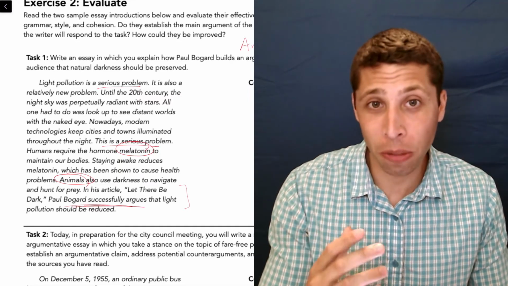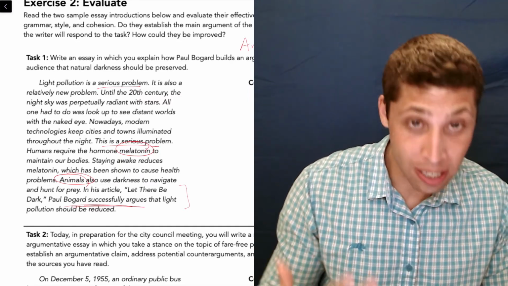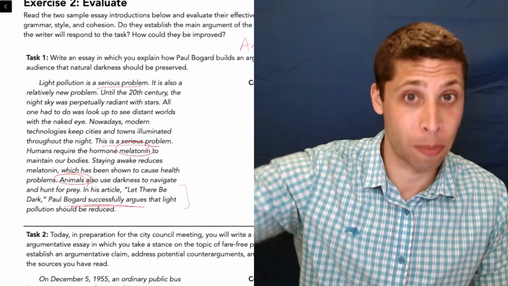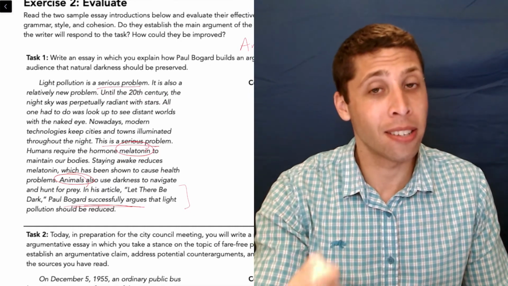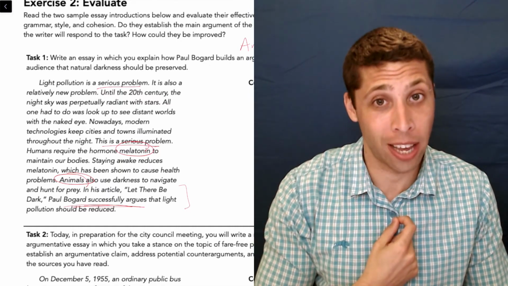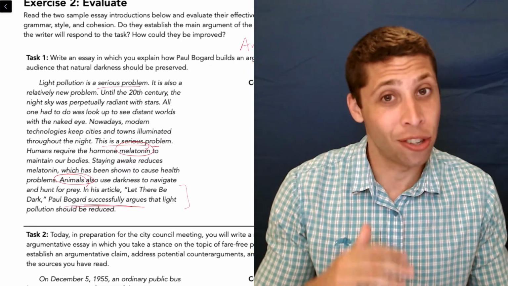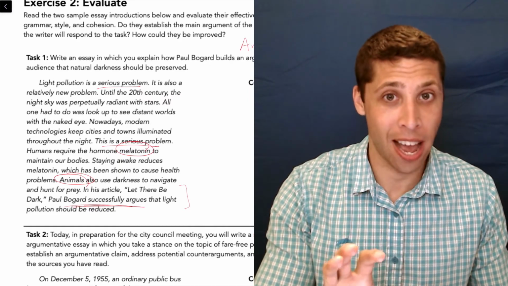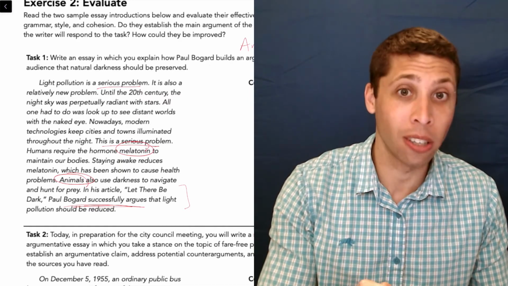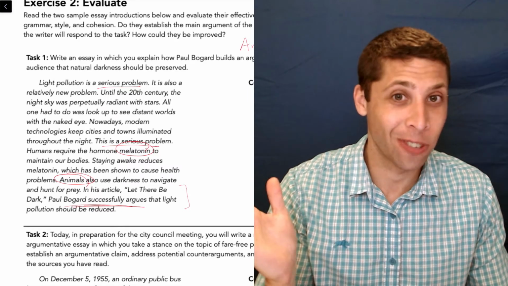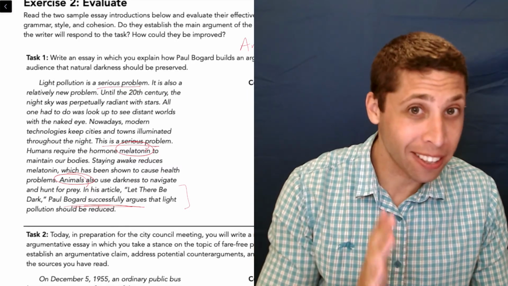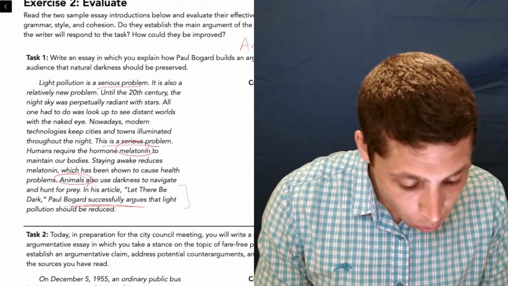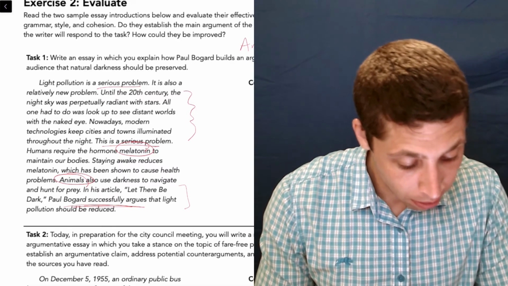So we've got a couple problems here. Like I said, there's some cosmetic things, maybe like some redundancies, but this seems to be a little too heavy on this student's opinion and not some analysis of Bogard's opinion. And my prediction then is that the rest of this essay is just going to be a lot of random facts and it's not going to stay on task. It's not going to analyze Bogard's article. It's going to just talk about light pollution, and that's not the task. So what can we do to improve it? Well, we could also maybe get rid of some of this filler here.